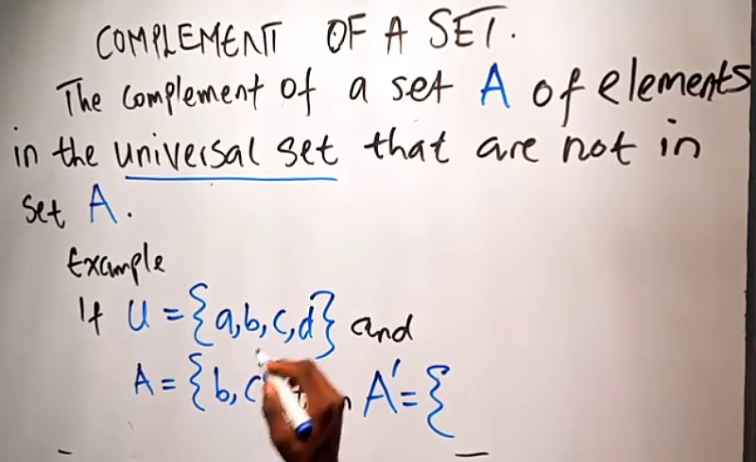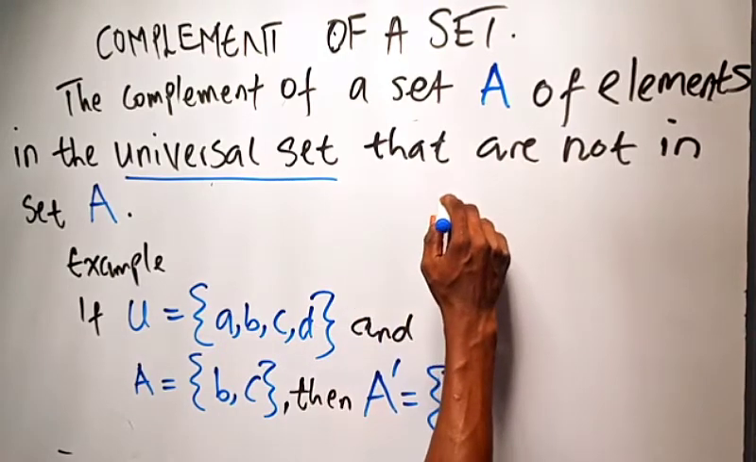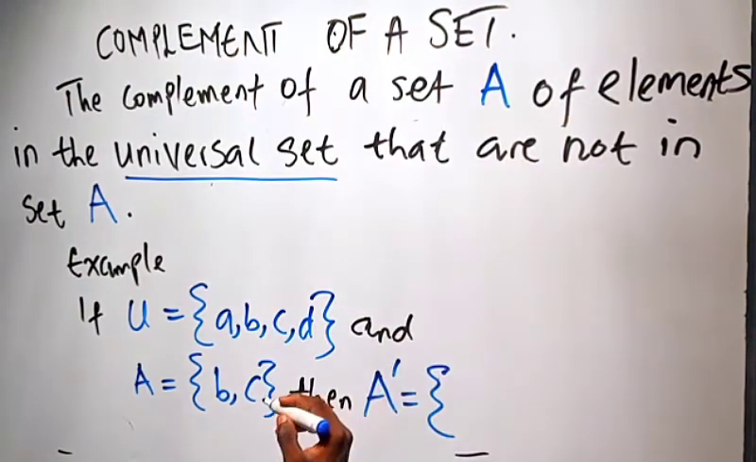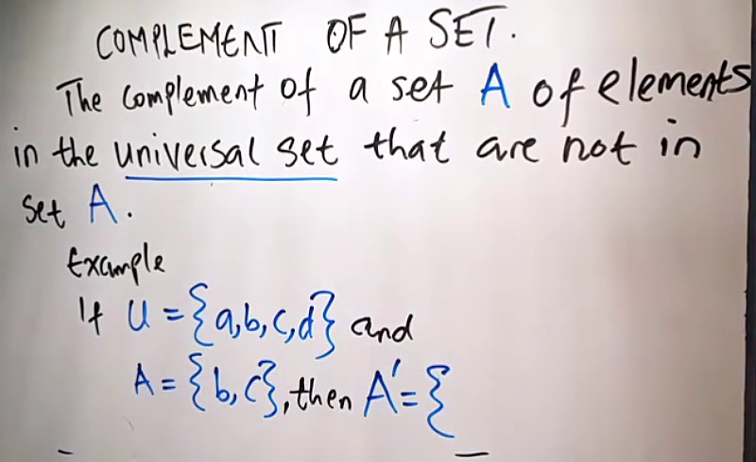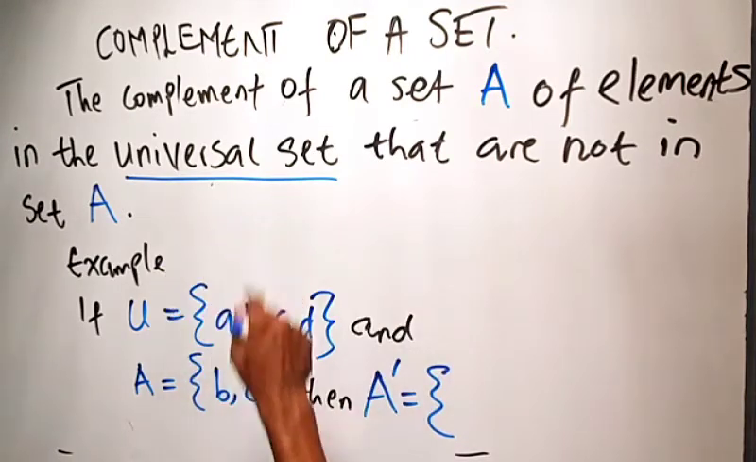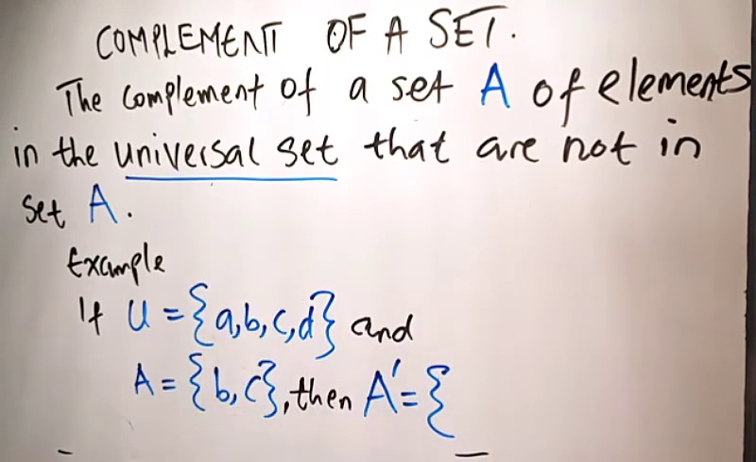So, for example, the universal set can be the set of the English alphabet. And then set A can be the set of vowel letters from the English alphabet. So that means the universal set contains all the letters it could. Then a subset of the universal set would be a set that contains part of the letters of the alphabet. So we're saying that the complement of a set A is the elements in the universal set that are not in the set A, that is to say,